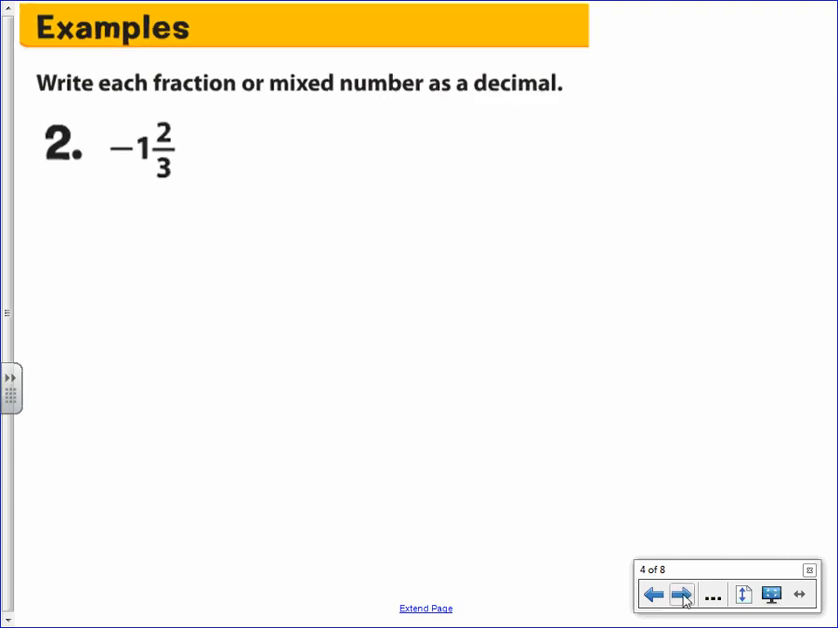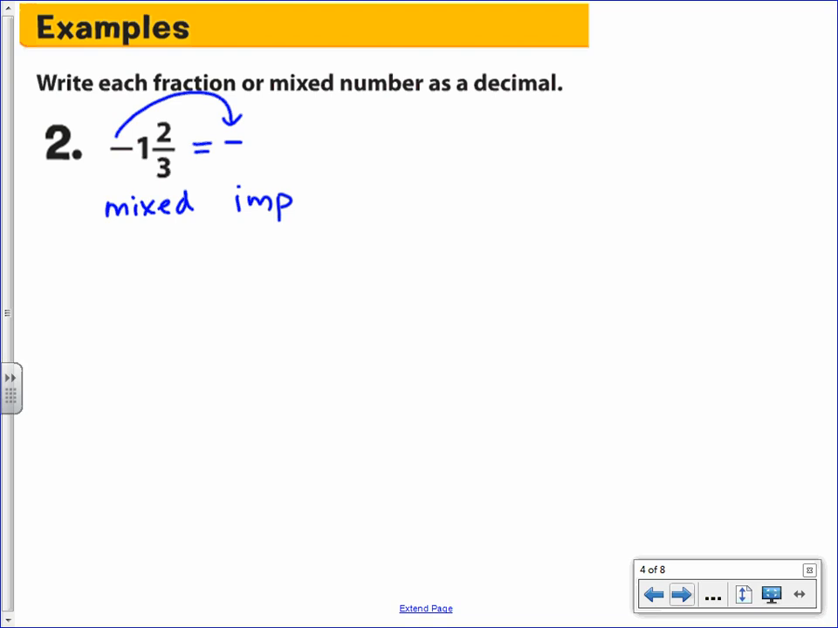The next one, number 2, says -1 2/3, and we are doing the same thing. We are changing this to decimal form. Well, first of all, I want to change it to an improper fraction. This is a mixed number. I want to change it into an improper fraction so I can divide like I did the last time. Forget about the negative for now, or what I often do is I just bring the negative over and then